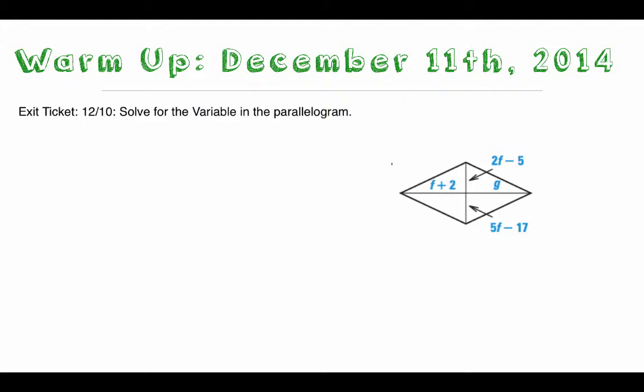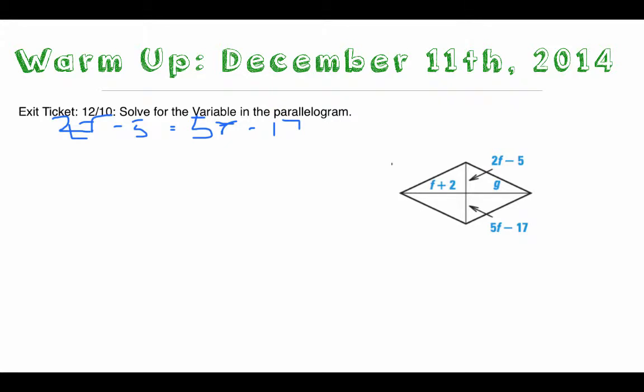So hopefully, based upon those theorems that we looked at yesterday, you remember that the diagonals in a parallelogram bisect each other, meaning that they cut each other exactly in half. Why is that significant, you ask? That's significant because we now know that 2f minus 5 equals 5f